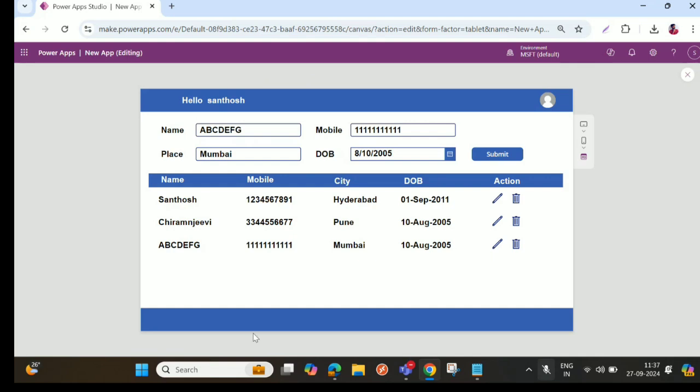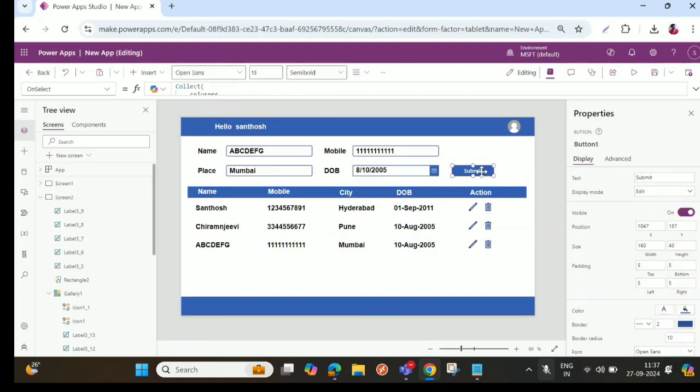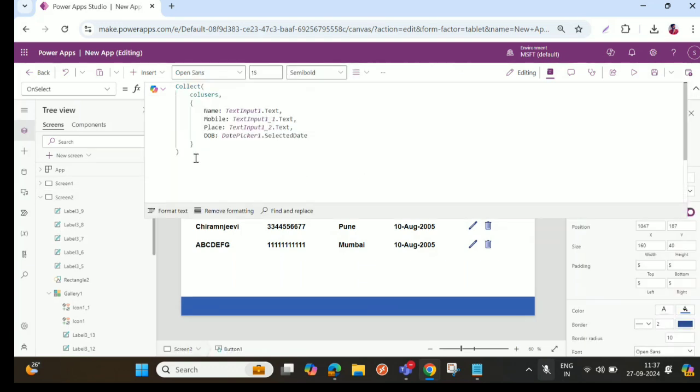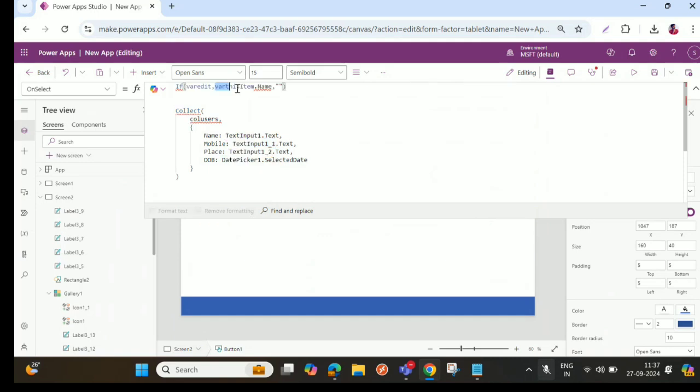So here, where is the possible thing? Just clicking on the gallery is nothing but the selection of this particular item. But changing will happen only on the button. So here, I have to write a condition. If valid is true, then